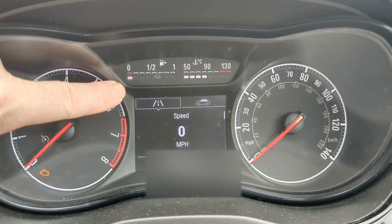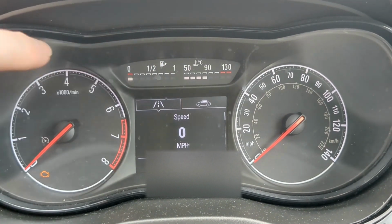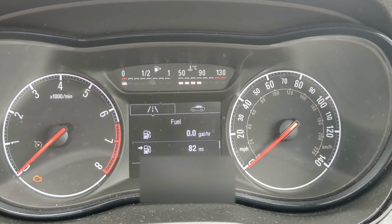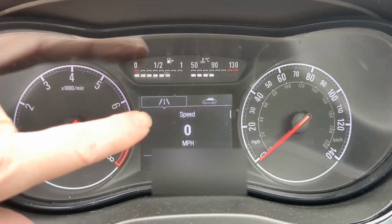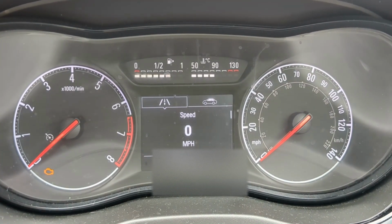I'm down to 1 bar here. There's my warning light up there. So I think this can go down to 0 and then it'll go red, I don't know. My estimated range thing is telling me I've got 82 miles left. I just put 21 litres in, so it's almost went up in the bars. And the estimated rangefinder says